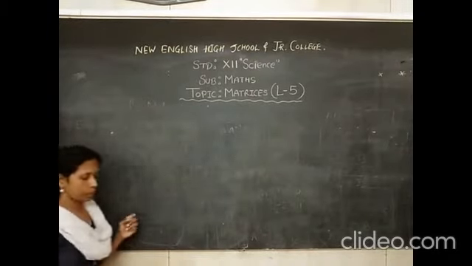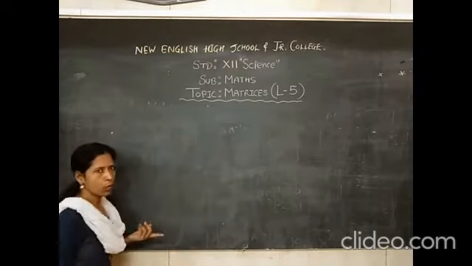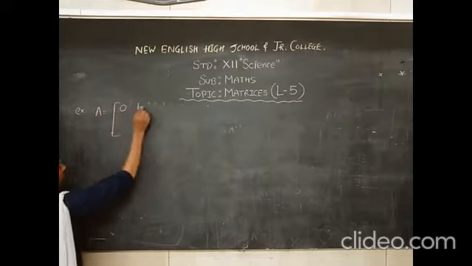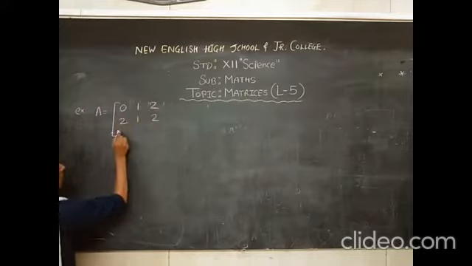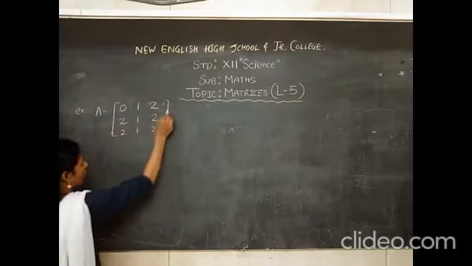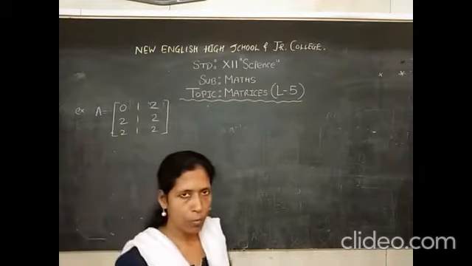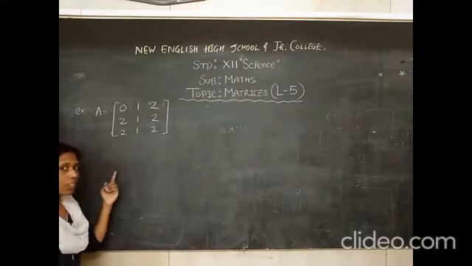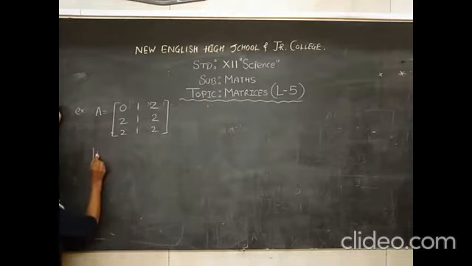Now children, we will find inverse of a matrix of order 3 by 3. I have solved of order 2 by 2. Let me take another example. Let A be a matrix. Suppose I have taken. Let us check. We want to find its inverse, but before finding inverse, we will check whether its inverse exists or not. Let me find its inverse. Sorry, determinant A.